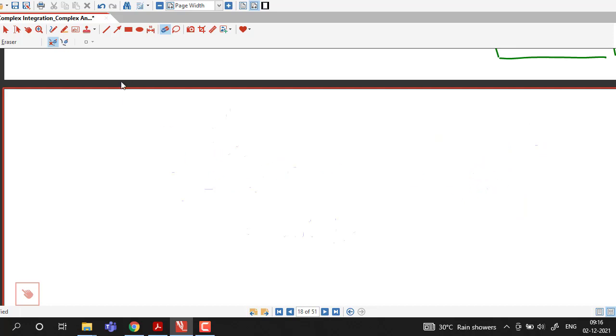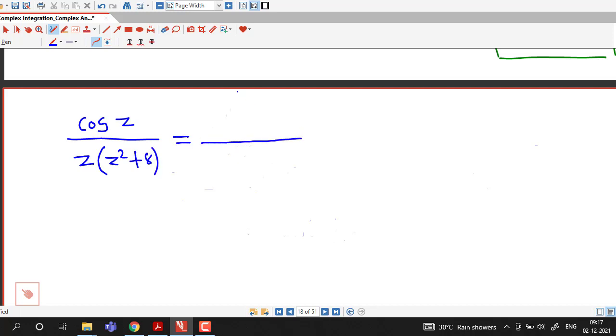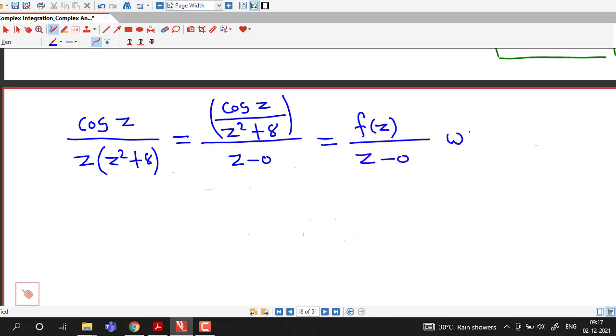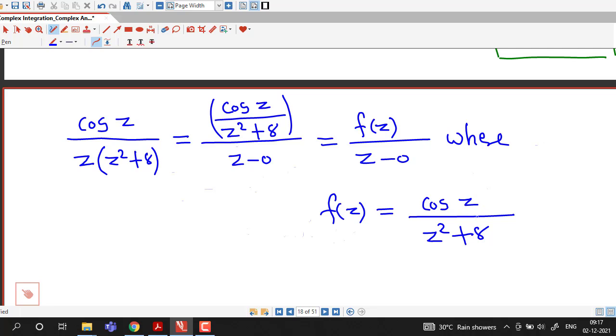So now if we observe this function cos z divided by z times z square plus 8, we can rewrite it as cos z divided by z square plus 8, and divided by z minus 0. Now if we take f of z divided by z minus 0, where f of z is cos z divided by z square plus 8, then this function f of z is not